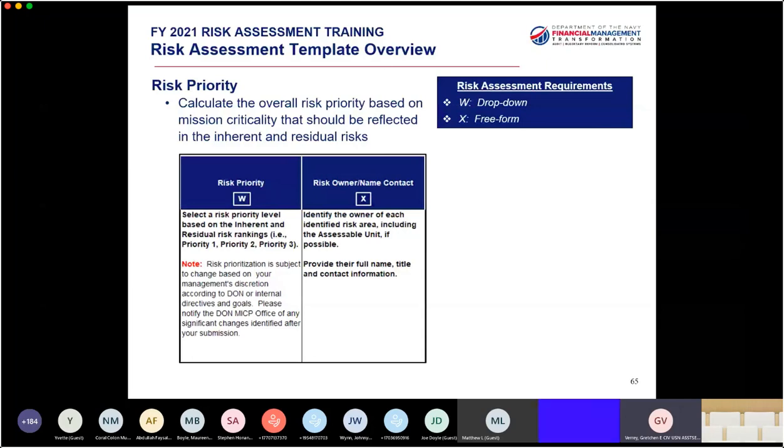As a best practice, it might be helpful for you to define criteria for yourselves for what would go into a priority 1, a priority 2, and a 3, so that you have criteria to follow.